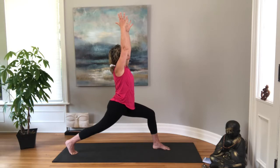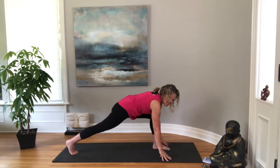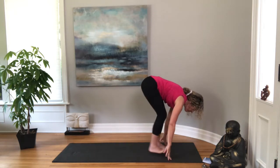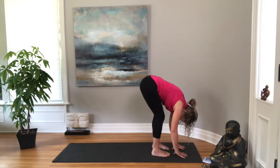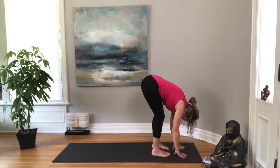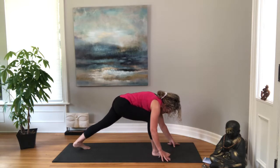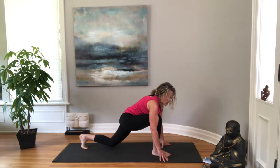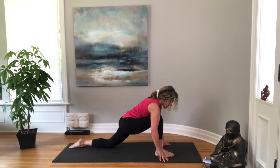Really feel those feet and toes gripping, those legs nice and solid. And then we'll let the hands come back down to the mat. Let's rock the back foot forward, folding over your hips, maybe noticing if you can get a little deeper after that. And then we'll take the left leg back, knees down to the ground, that left knee sinking in, making any adjustments. Maybe getting that right knee in your armpit,